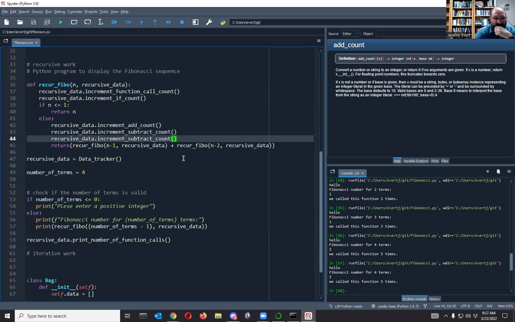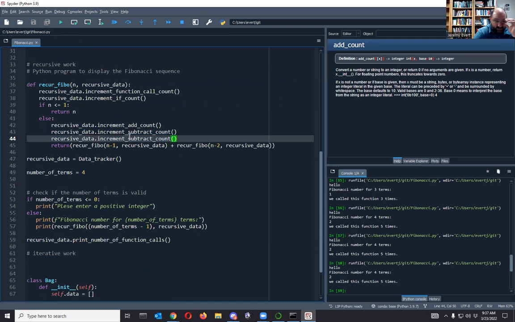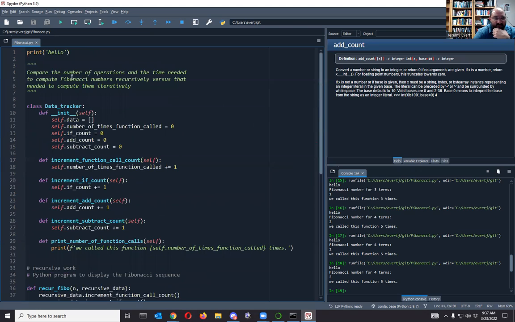Well, there's one other piece of data that we're supposed to keep. Yeah, we got 10 minutes. We're going to finish this up. All right, so if we go back to the problem statement, it's the number of operations and the time needed to compute the Fibonacci numbers recursively. Okay, so what we need to do is we need to also have some way to do timing. And